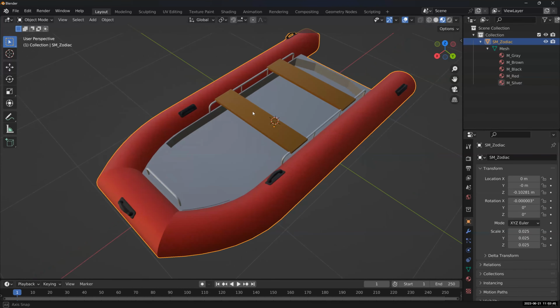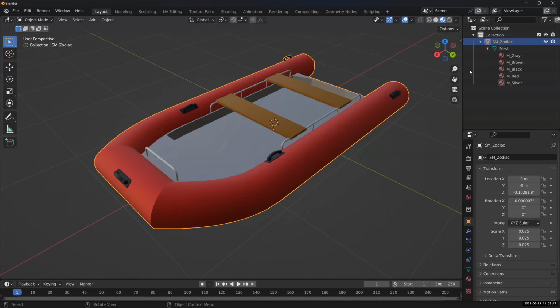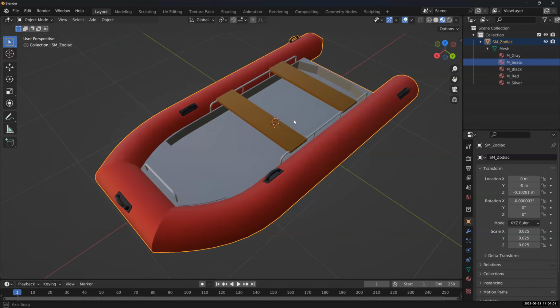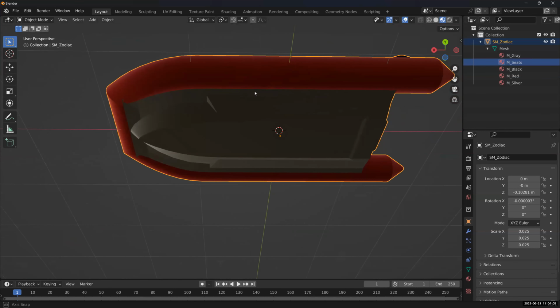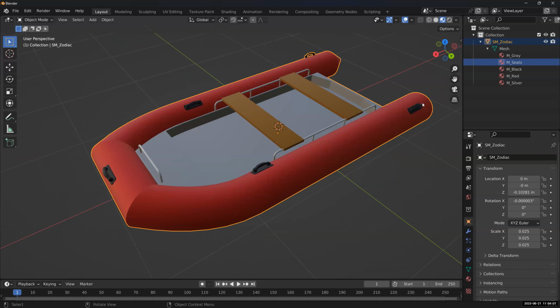Let's say this is the seat or whatever, seat. So instead of putting M_brown, I'm going to rename it now. As you can see, it will be updating. I call it M_seat because I know those are the seats. Yeah, it's attached to the seat. So what else? Yeah, I'm going to just do that for now. So I'm going to export this now. I know it's an FBX because I made some changes. I can even Control S, save it.